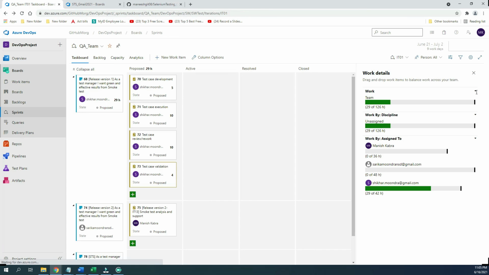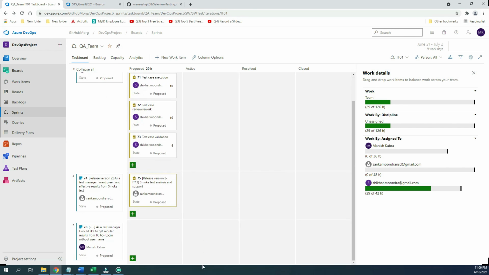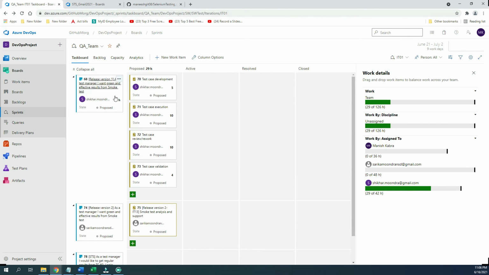This way we can fill in the capacity of individual people, and this one might be where the scrum master wants to work. So this is how we can define the requirements and the task level, and then define the capacity and the hours for the particular task.